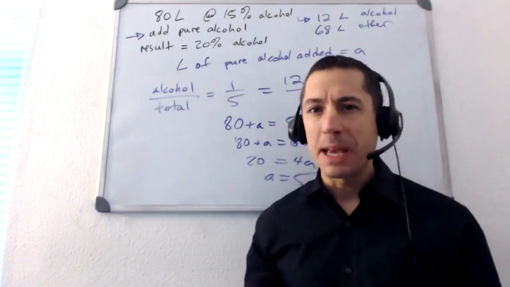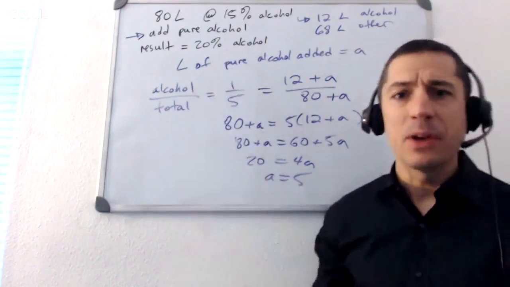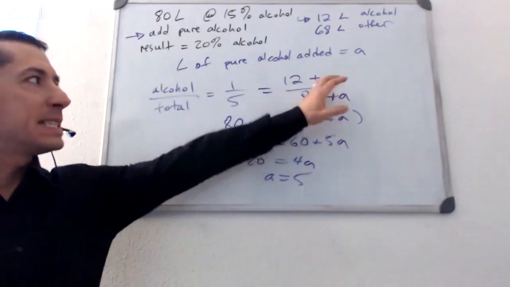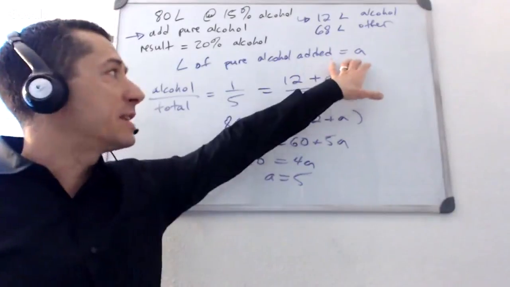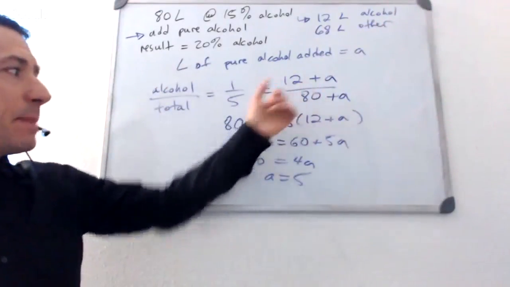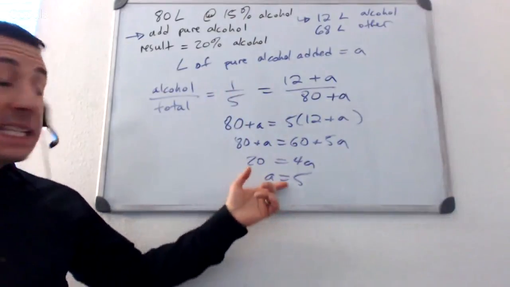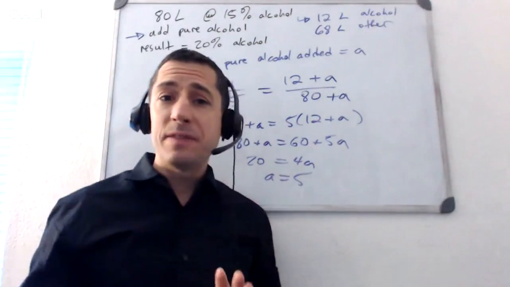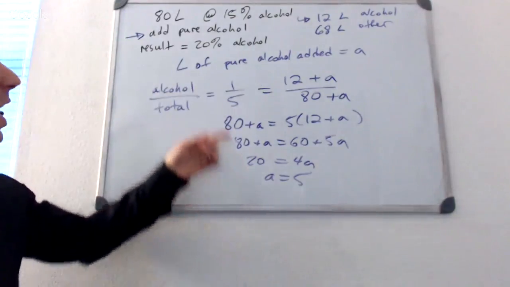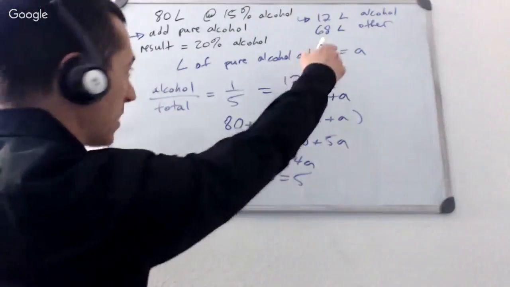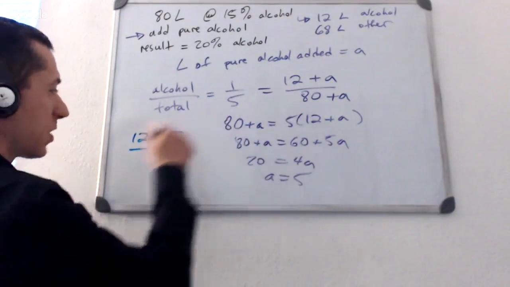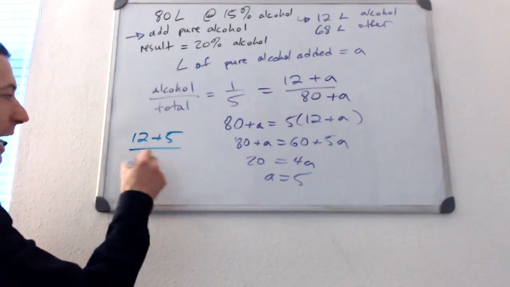If you just start picking things or try to scale this up, it's a really inefficient way to do it. But if you stick that variable in the right place, if you're thoughtful from the start and ask what you really want, just A, the amount of alcohol added, it ends up being pretty smooth and quick. And it's easy enough to double check as well. How long is it going to take me? 15 seconds. Spend the time. You can't afford not to spend the time making sure. All I have to do is ask, how much alcohol do I have total now? That's 12 plus 5. What's my total? I started with 80 liters in the cocktail. I add 5 to it.